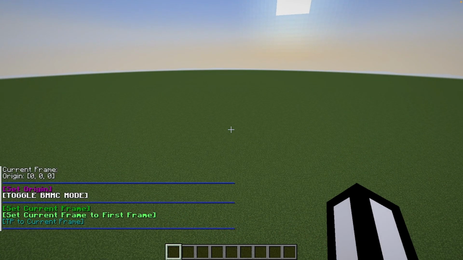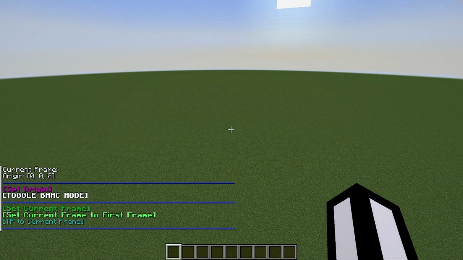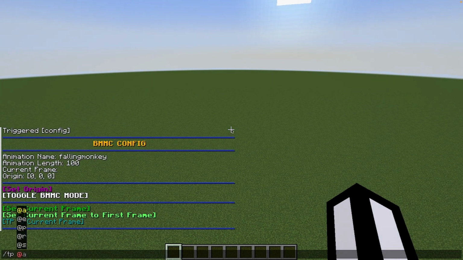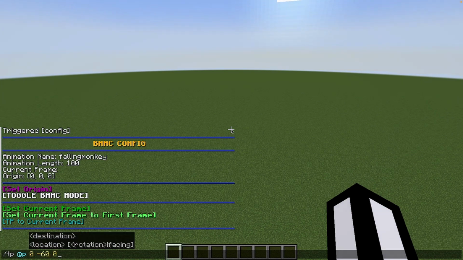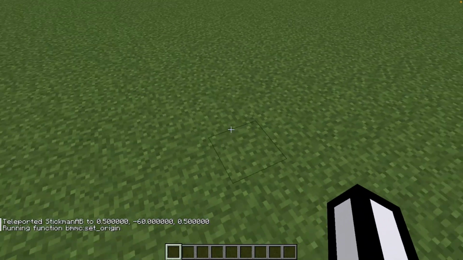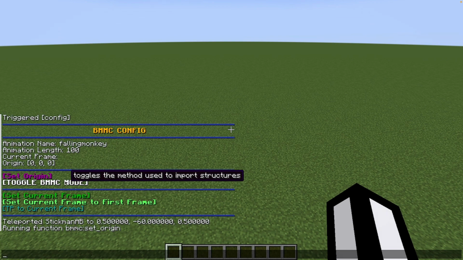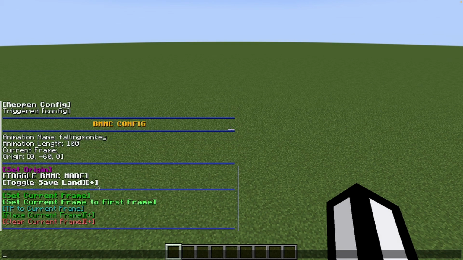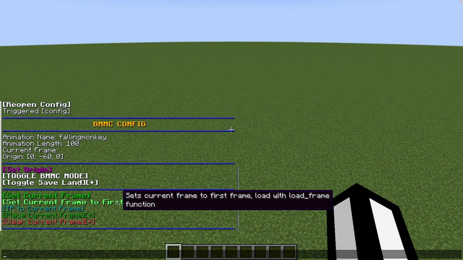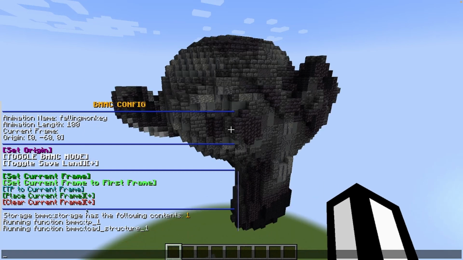Go to trigger config, and you'll see falling monkey 100 and the origin, which I'll just set as the same location as last time, just to make it more convenient. Now right now it's still in the base version, so we're going to go to toggle C mode, and if you see these pluses, that's how you know you're in that mode. We'll go set current frame to first frame, and we'll go TP to current frame, place current frame, and now